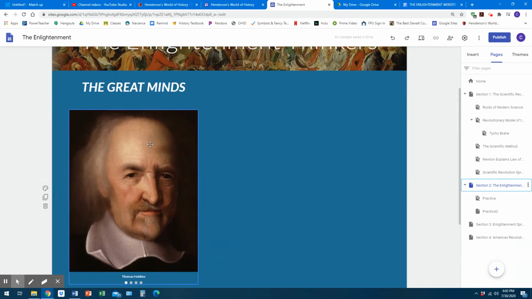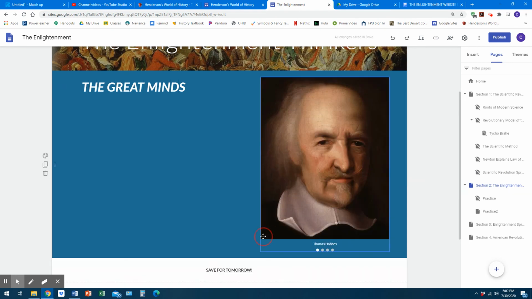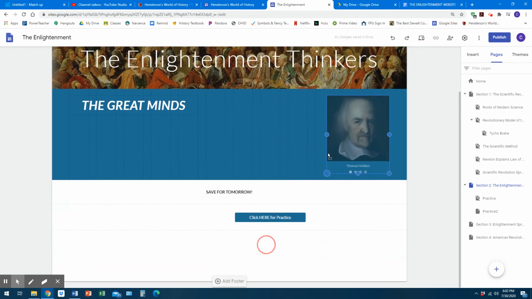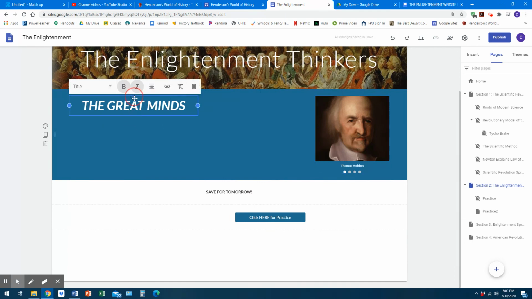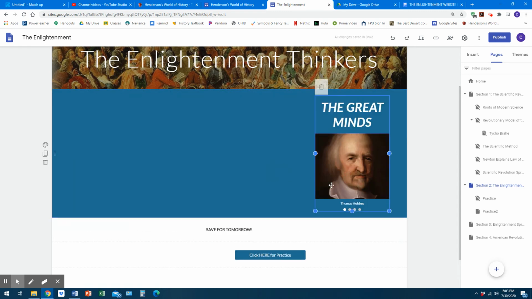But I look at this and I go, well, I don't really like, it's a little too big. There's all this open space here. So let's see here. What can I do? Make that a little smaller. Maybe bring this here. No, let's keep it above, I suppose. But let's make it smaller.